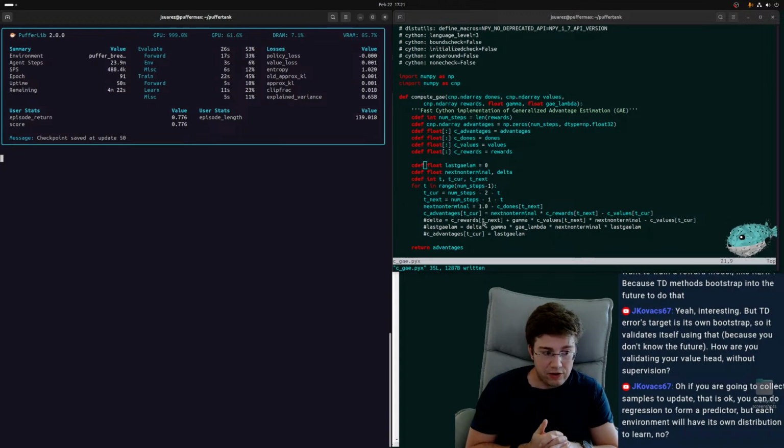Like right now, you have to run 100 experiments, and the number of experiments you have to run depends strongly on the number of hyperparameters that you have to tune and their sensitivity. So if we can remove lambda and gamma, which are two of the most annoying ones, then that's going to put us in a pretty good spot. And then we'll basically just have to tune learning rate, and most of the other ones are just scaling params. I guess there's entropy as well, but we'll deal with that one separately.